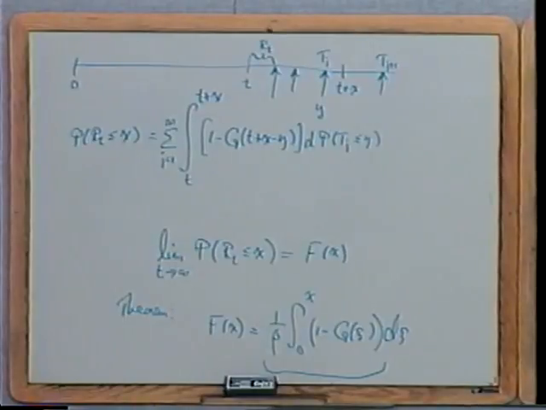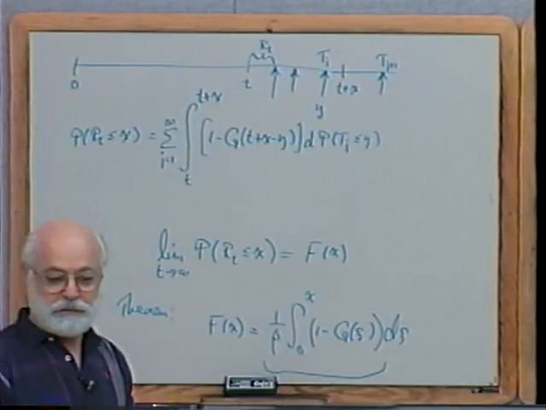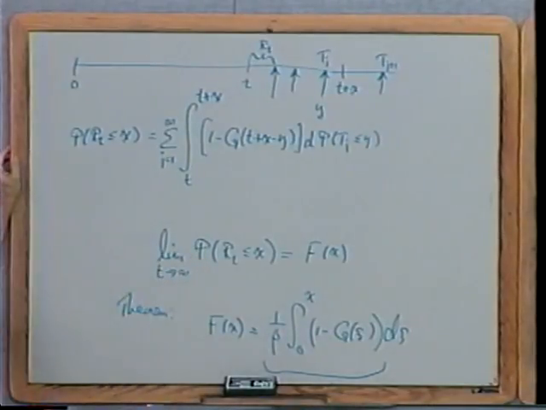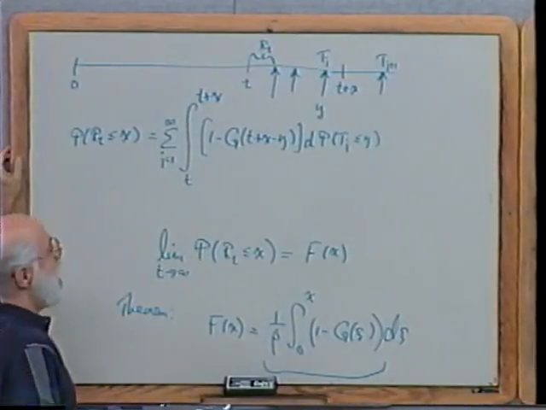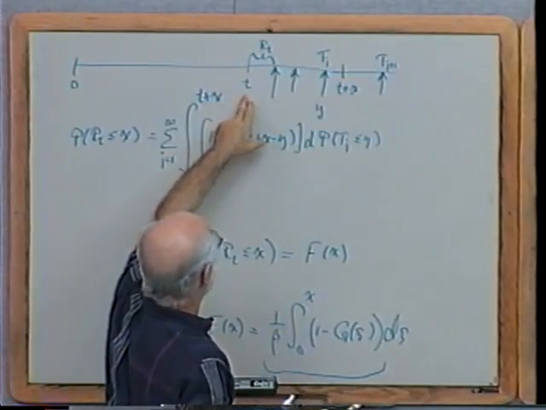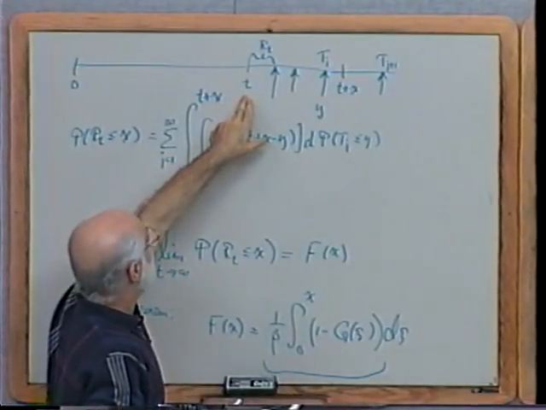Okay, that looks complicated, but let me go through the reasoning again. After you think about it a while, a couple of years, it makes perfect sense. All right, I want to get the probability that r sub t, which is the time measured from t to